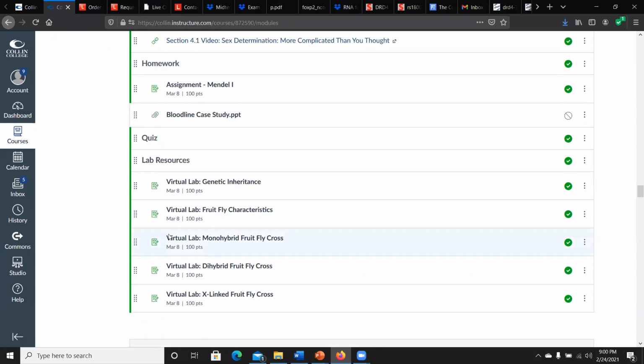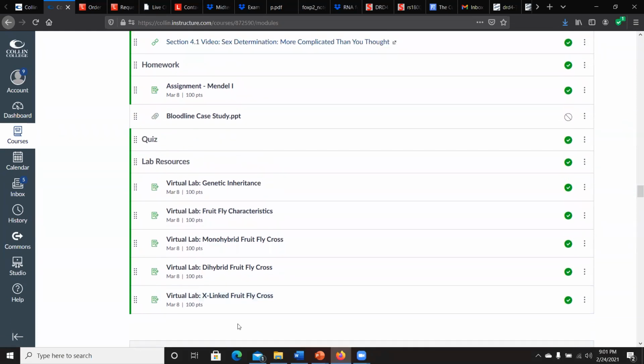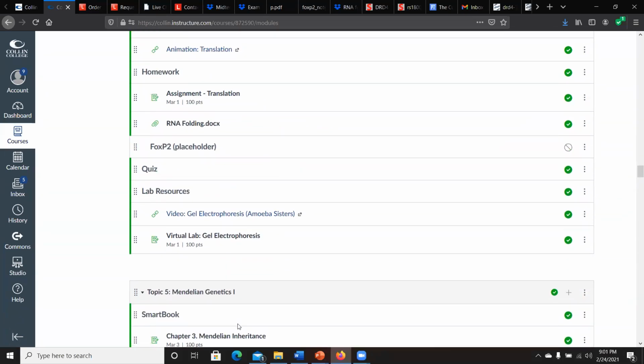And then I have you start working with some virtual labs that are going to get you ready, because we have fruit flies that have arrived while we weren't at the school, and they have red and white eye colors that are X-linked, and we are actually going to pull the DNA out and PCR it and run it on gels to see what type of mutations have happened to cause these eye color differences. So all of that going on next week is to get you ready so that when you come back from spring break, we can jump right in and do lab stuff.